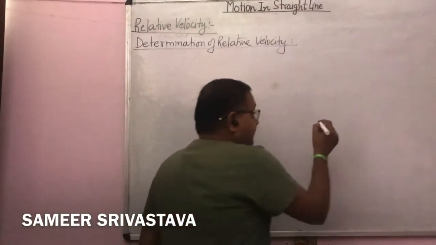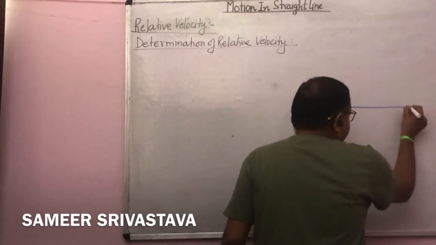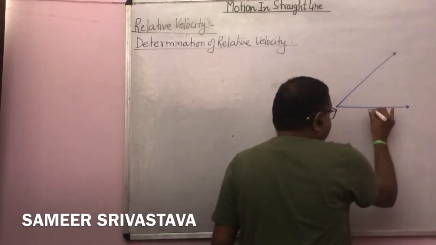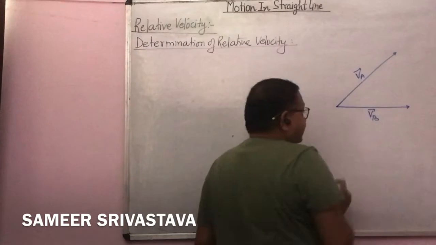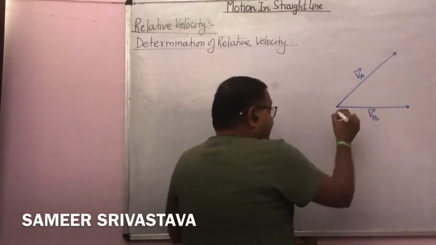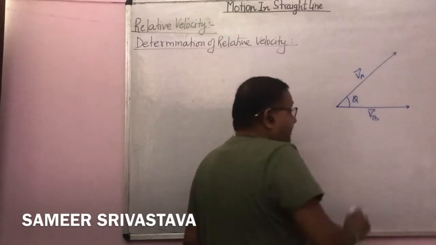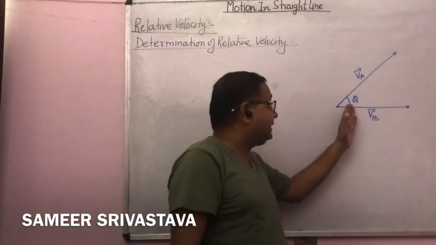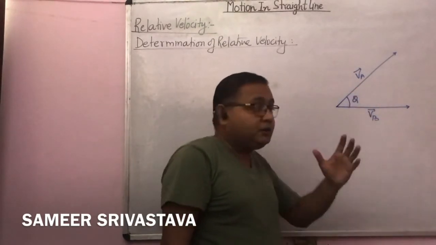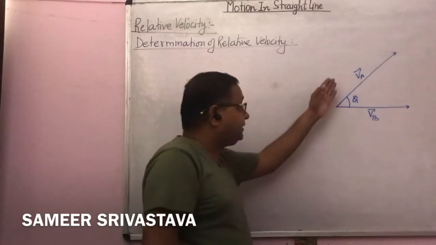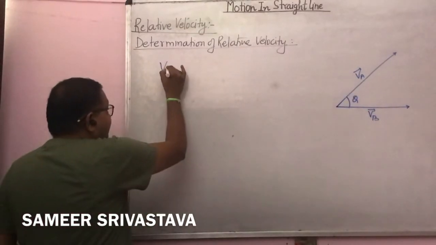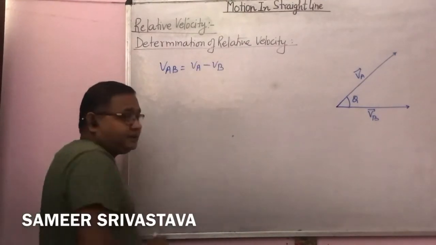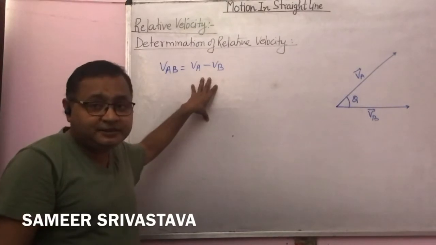What does it mean? Suppose two objects A and B are moving with velocities VA and VB. Here I make a vector form, and they make an angle theta with each other. Now what is the relative velocity of A and B? We can write VAB equal to VA minus VB as per the previous discussion,